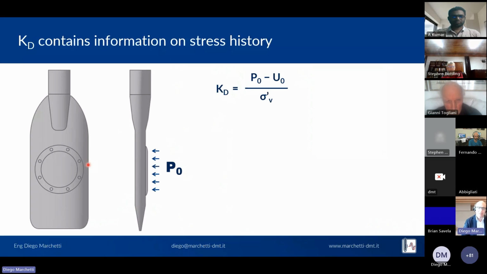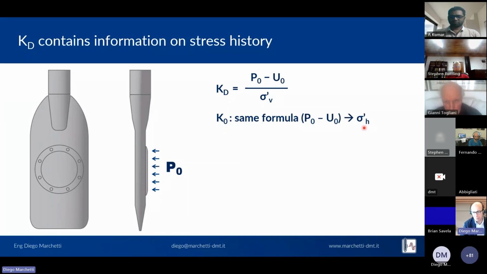The second intermediate parameter is KD, evaluated as P0 minus U0 divided by the effective vertical stress. So it relies only on the first reading, not on the second reading. The formula looks very similar to K0 if P0 minus U0 were the effective horizontal stress. But it looks like, because P0 is the total horizontal stress, minus the water pressure should be the effective horizontal